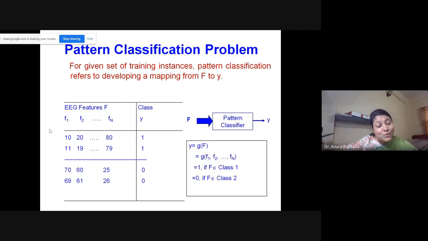So for 30 seconds, this electroencephalography device is capturing your brain signals. So during these 30 seconds, depending on the sampling frequency of that particular device, I should get a specific number of